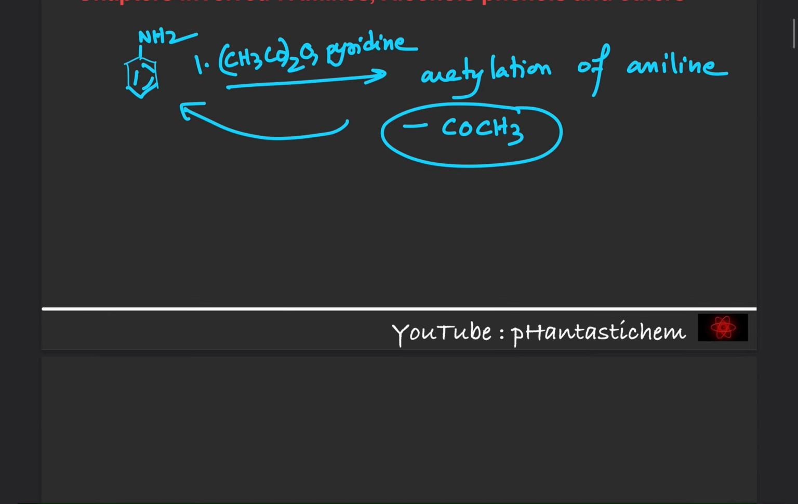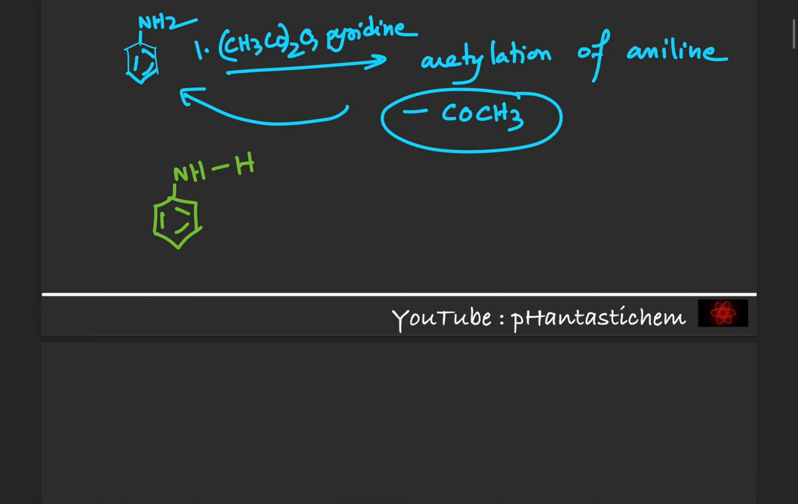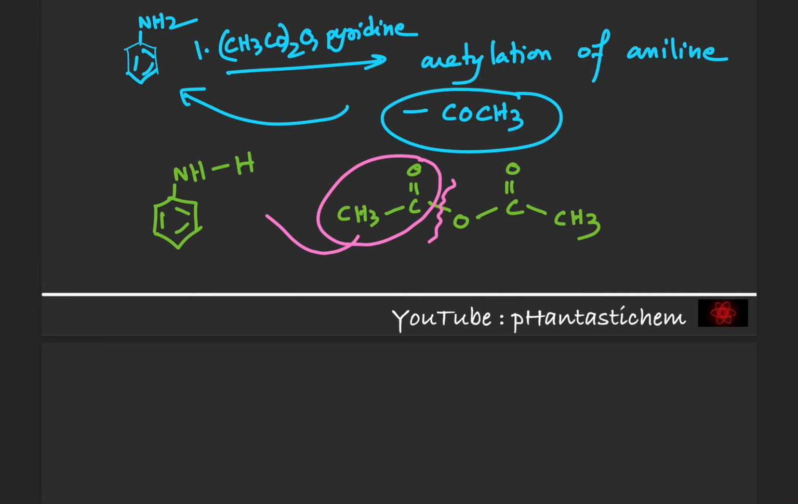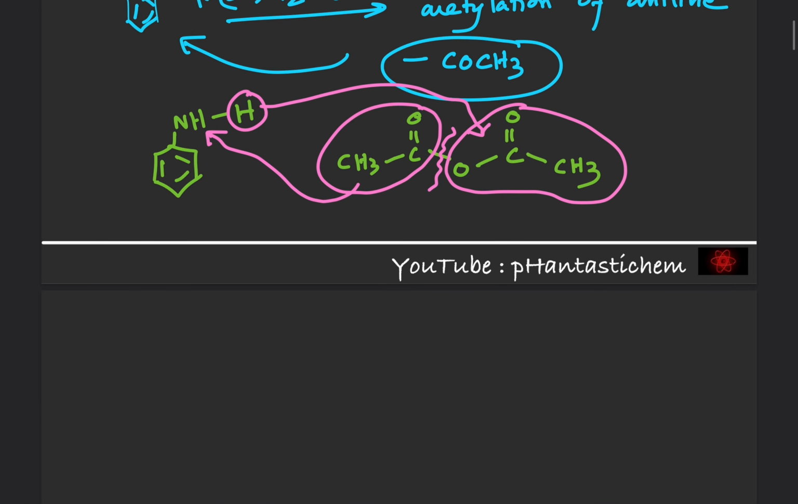Okay, so what actually happens is you have NH, and I'm separating one H, and also you have acetic anhydride, that is this guy, CH3C=O, O, C=O, CH3. So what happens is this bond breaks and this part of the molecule gets attached here, and this H goes and becomes a part of this CH3COO. Okay, so ultimately we will get